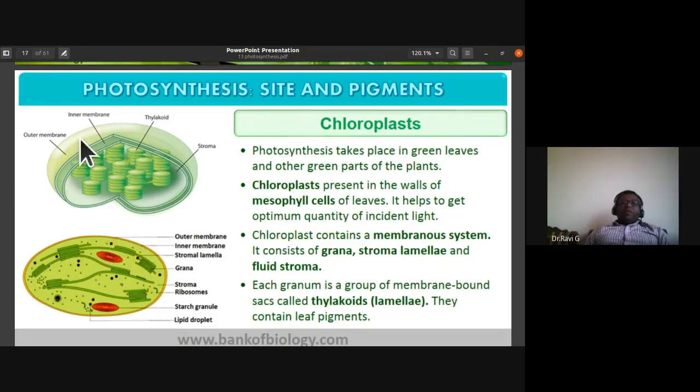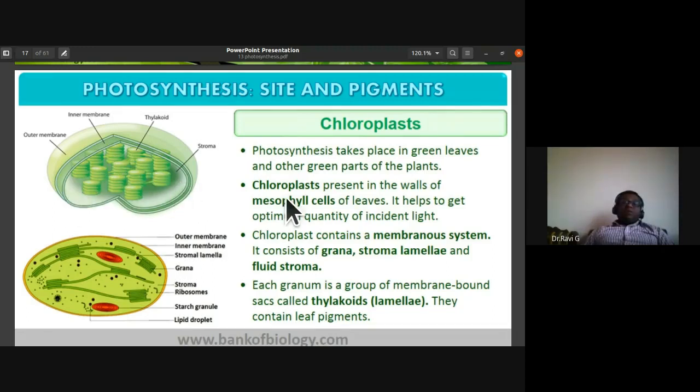They have two layers, an outer membrane and an inner membrane. Then they have coin-like structures called thylakoids. Thylakoids are arranged one above the other like a pile of coins, and we call this group a granum. The grana are interconnected by the frets, or stroma lamellae, also called stroma thylakoids. Then they have the fluid part within the chloroplast, which we call the stroma. The cyclic and non-cyclic photophosphorylation takes place in the thylakoids, and the Calvin cycle takes place in the